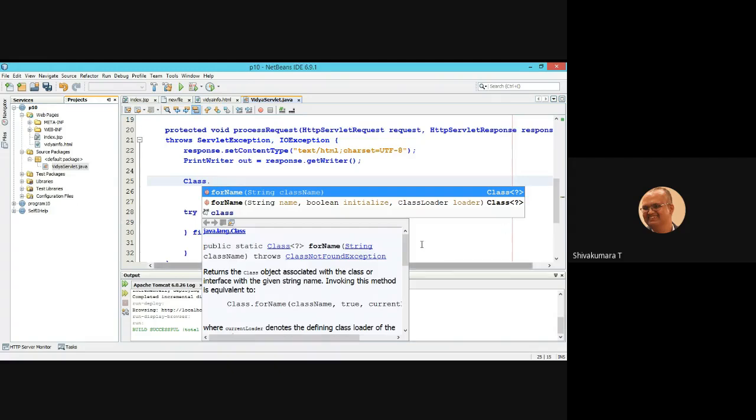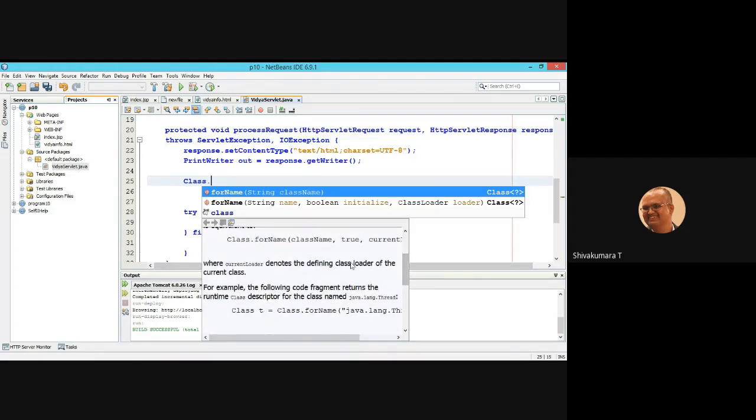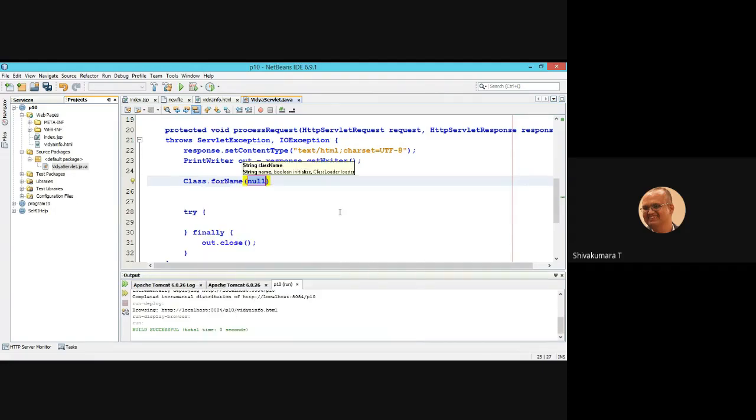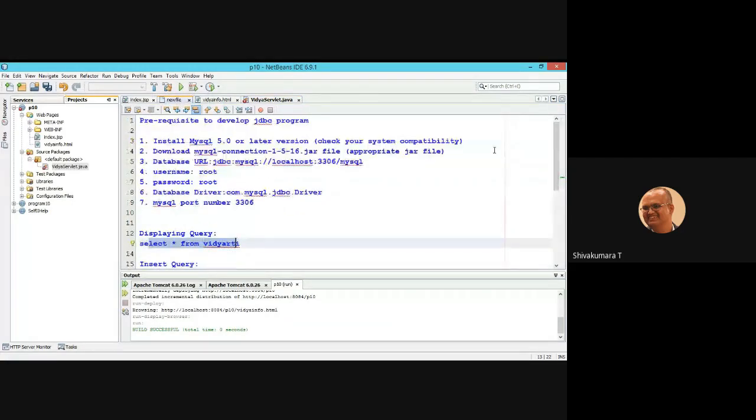What does the forName method do? It acts as a class loader. It loads the class. What is the parameter of this forName? That is the database driver. In the prerequisite we listed the database driver.